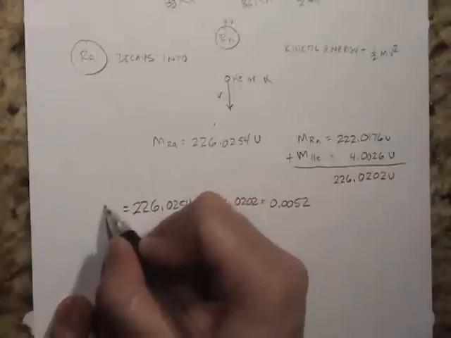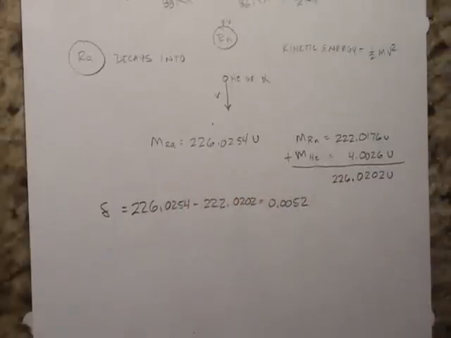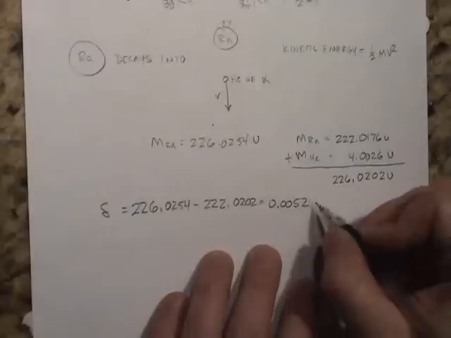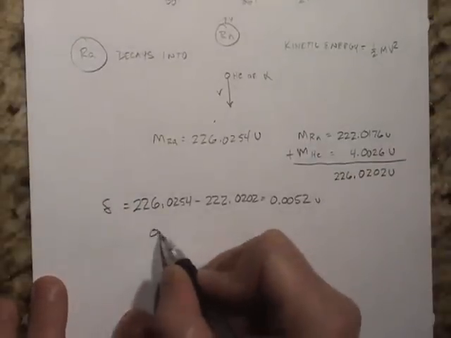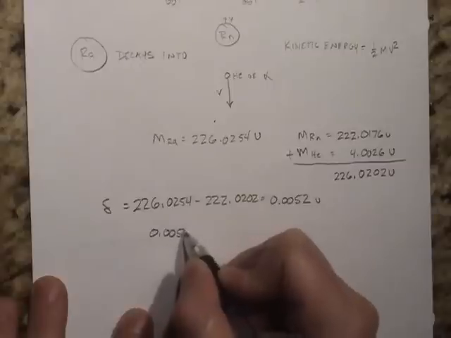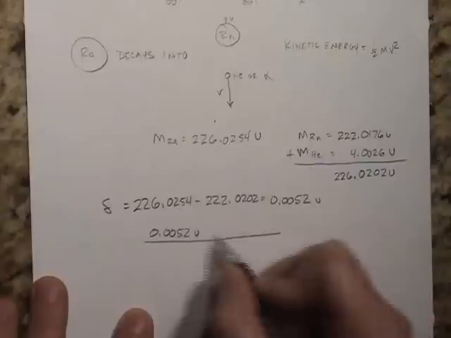And remember, this is symbolized by the lowercase delta. So we get approximately a mass defect of 0.0052 U's,